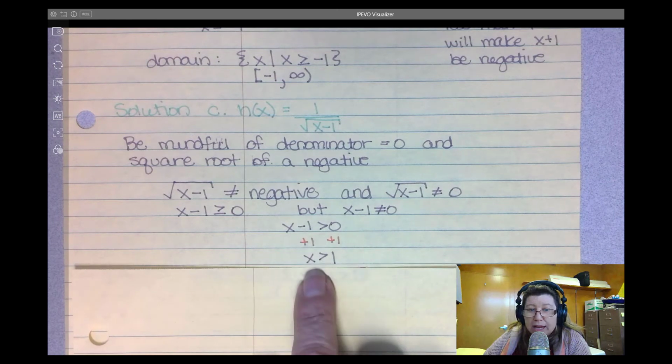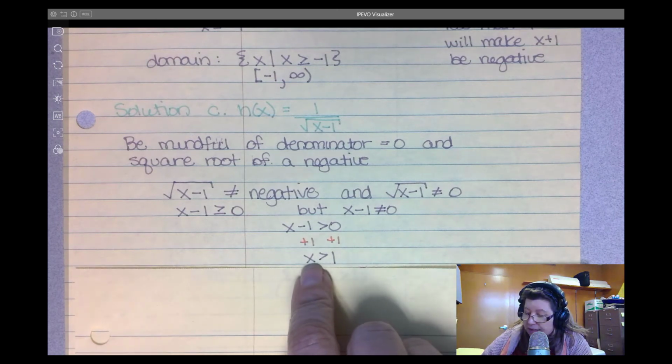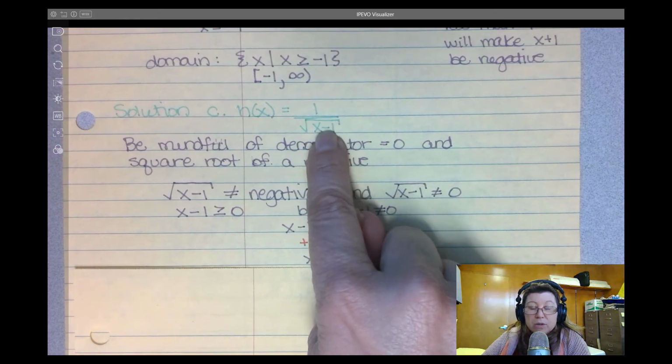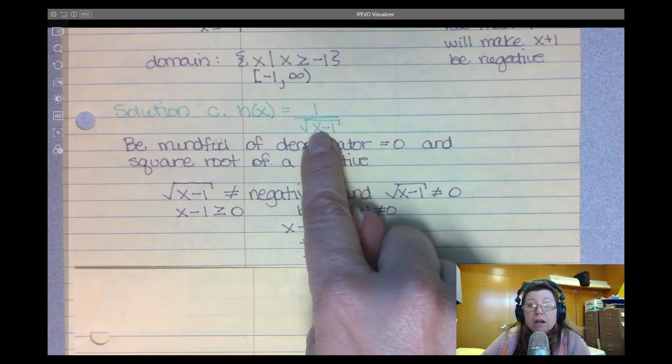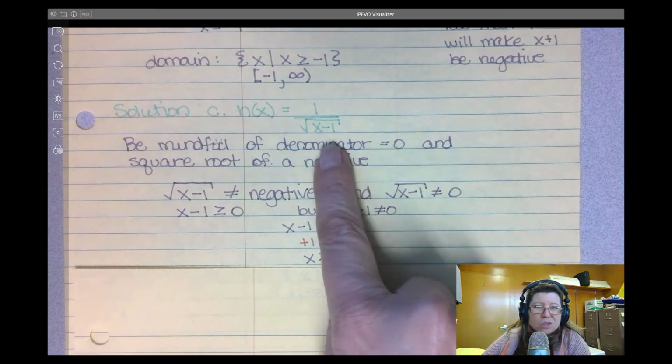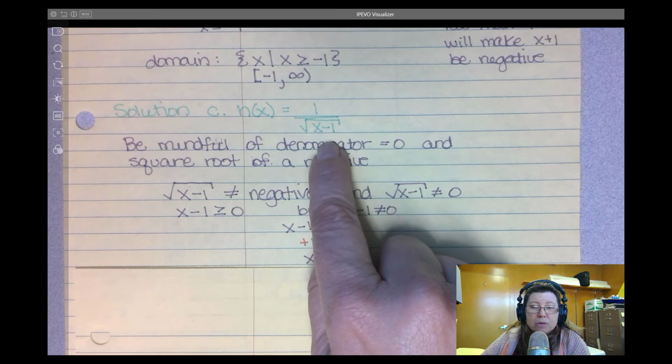Now let's try it out. If x is strictly greater than 1, if I put a 1 in here, 1 minus 1 is 0. The square root of 0, totally permitted, is 0, but the problem is it's down in the denominator. Uh-oh, bad. But the moment I hit even slightly above 1,